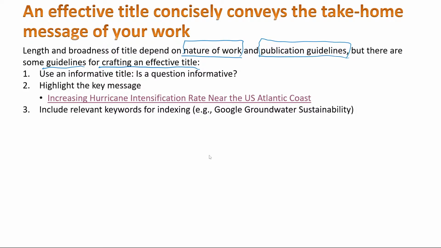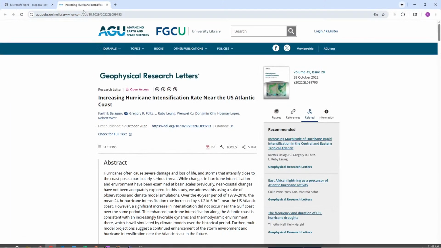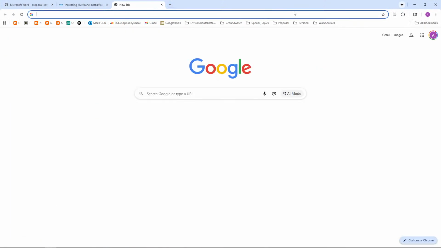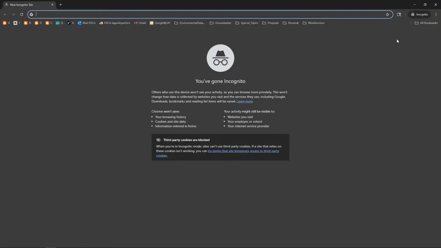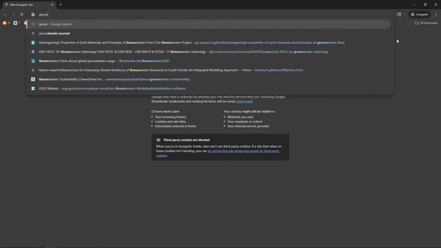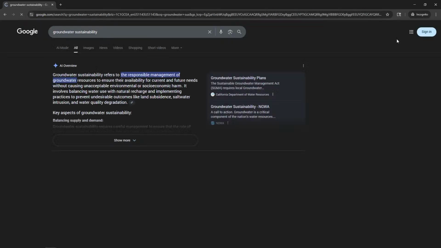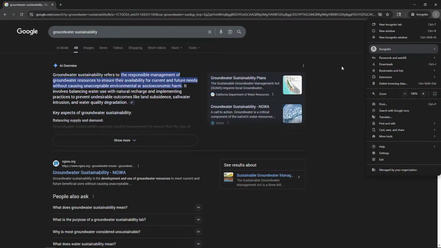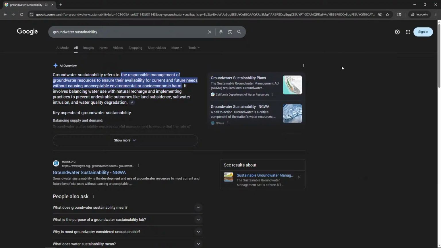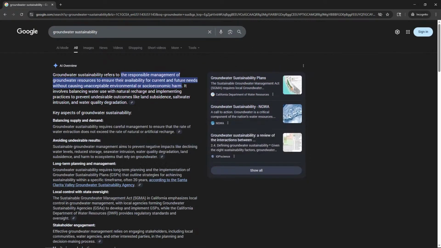Let me show you an example. Go to Google here, and let's even open an incognito window, so I will not be influenced by my previous session. Right, like groundwater sustainability. Groundwater sustainability. Oh, I don't like this dark view. Anyway, can we have a regular view? But it doesn't matter. When I write groundwater sustainability, then this generative AI will